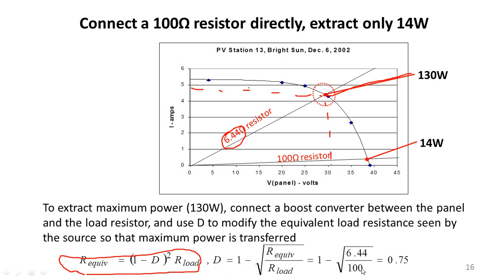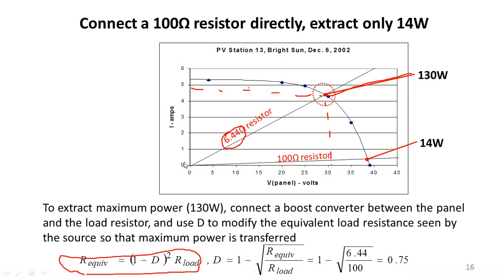So the maximum load that is to be connected at the output side, you will have 100. Let me take my load as 100 ohm. So now my equivalent resistance is going to be 6.44 at this point. So the duty cycle, when you are operating at 0.75, you will get 130 watts power. When you are trying to decrease your duty cycle, then you may have different resistor values, and when you are trying to change this duty cycle value, then you may have to face that your maximum power is going to get changed. This is the fundamental understanding with the MPP tracking.